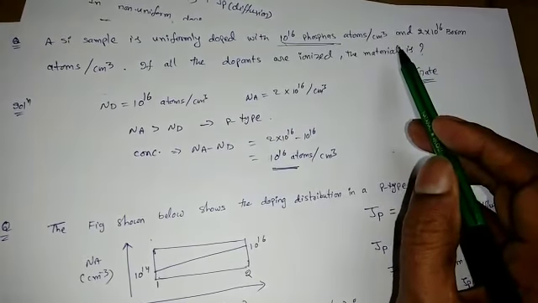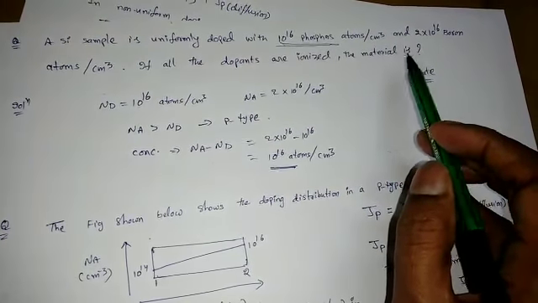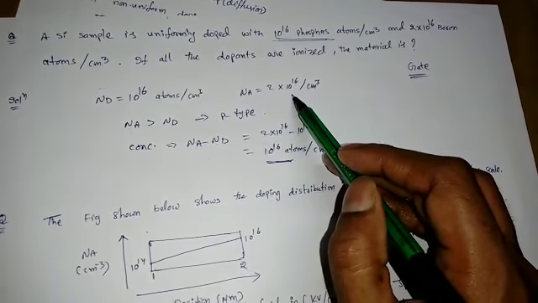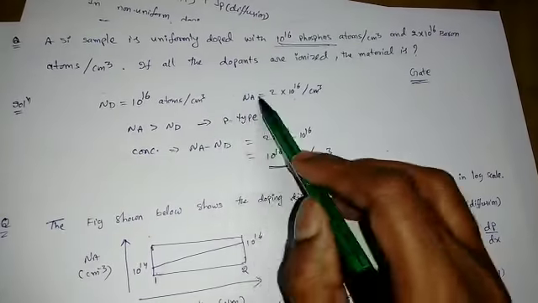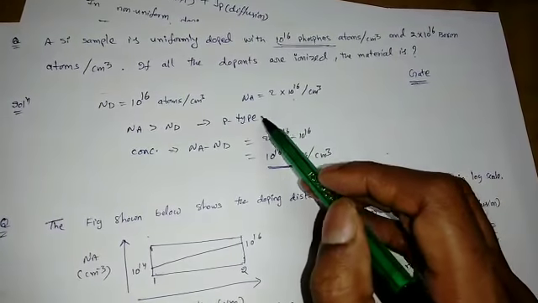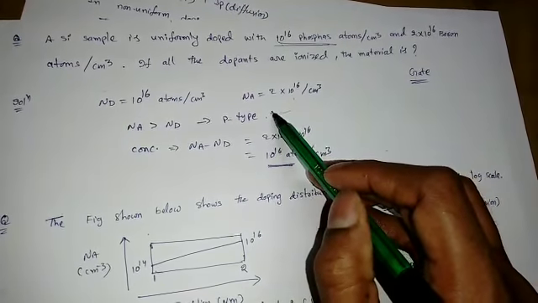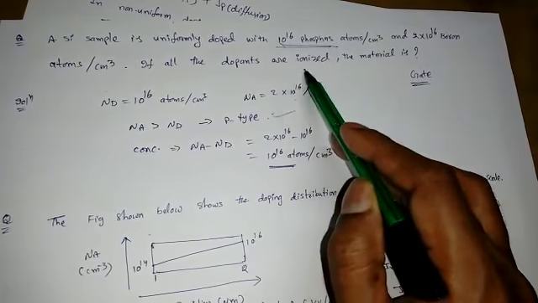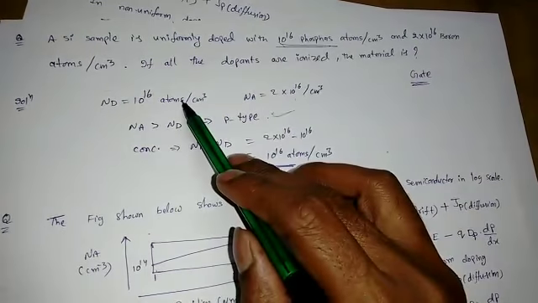So boron means it is a P type, or we can say acceptor impurities, so I have taken Na equal to 2 into 10 to the power 16. If we compare these two, Na is greater than Nd, so I can easily tell that it is a P type semiconductor. Now he mentioned if all the dopants are ionized, that means 1 into 10 to the power 16